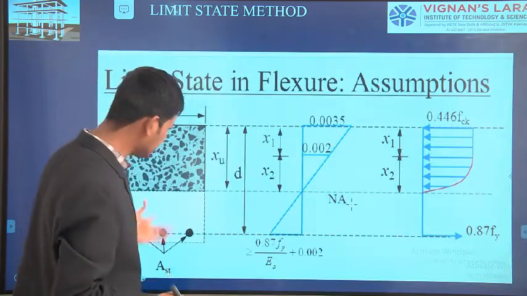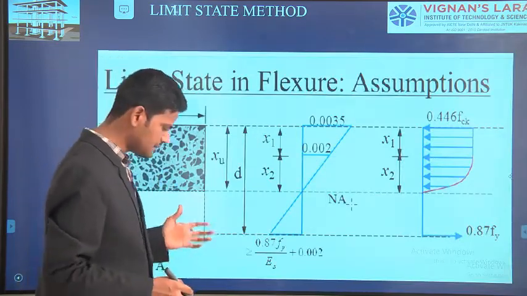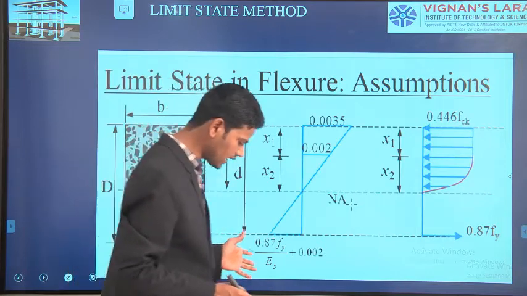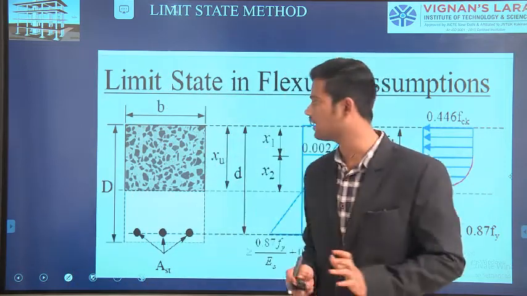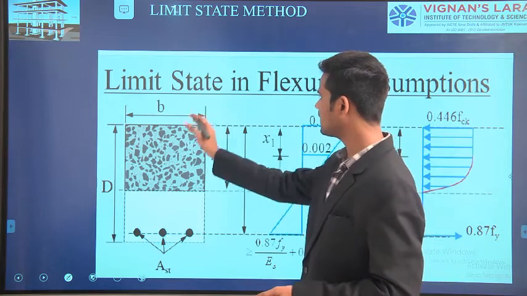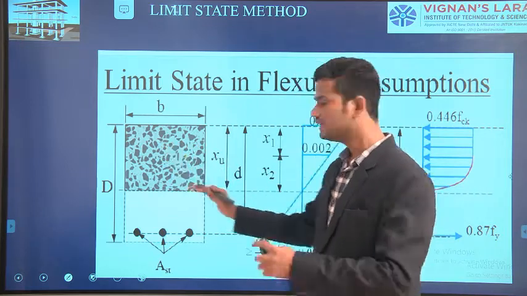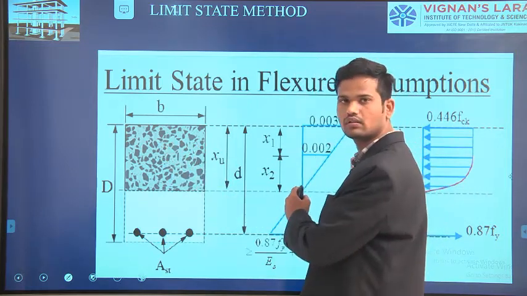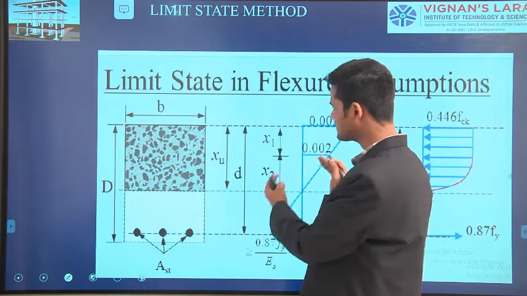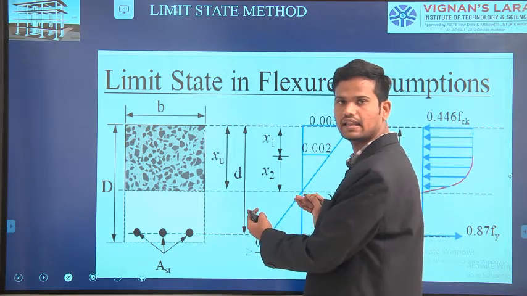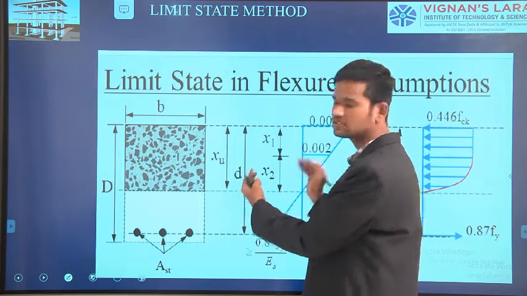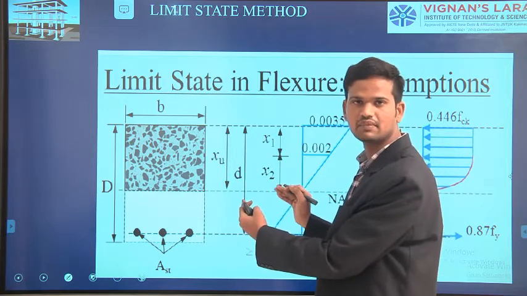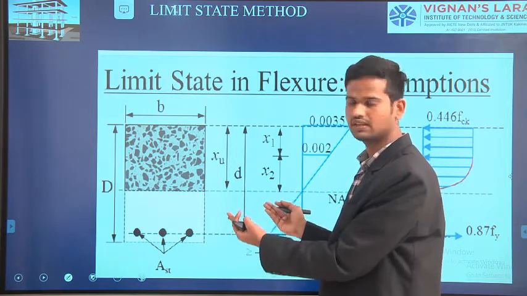If you see here, this is the same diagram based on the limit state of collapse under flexural condition. We have seen it before, and I am representing the same diagram here. Here we will see some more calculation based on this limit state in flexural condition, using this diagram. Next we will derive some equations.